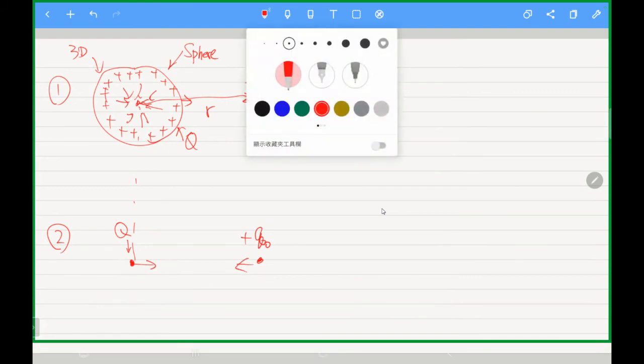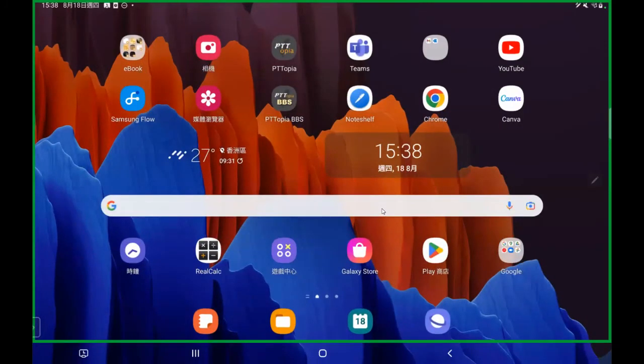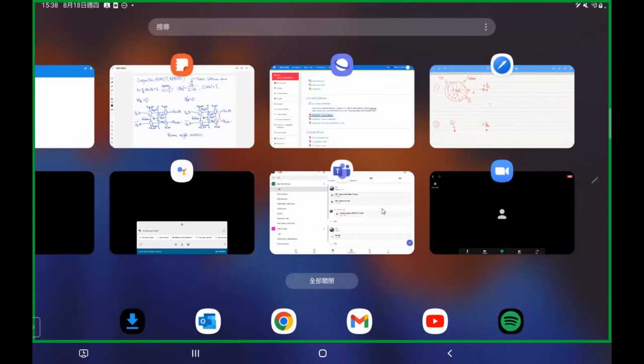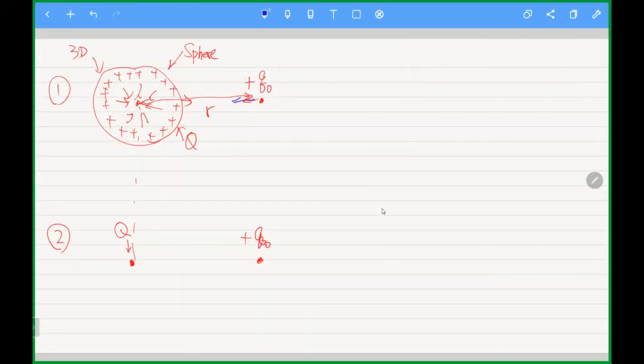Maybe I can use another color. So this is F, the Coulomb's force, attracting each other. Maybe I call it F1. This is F1. This is F2. Okay, and shell theorem 1 tells you that